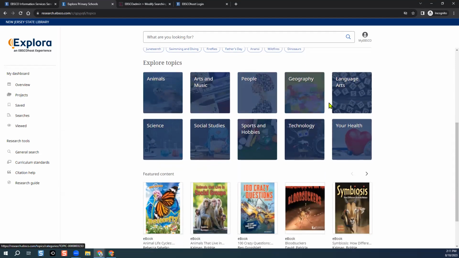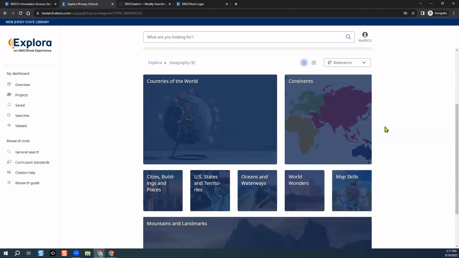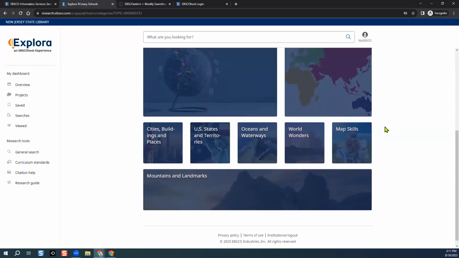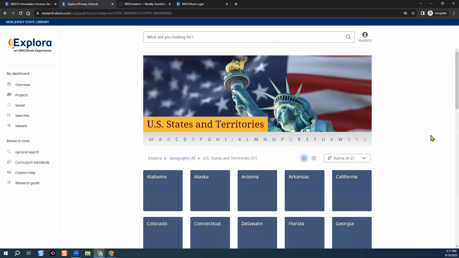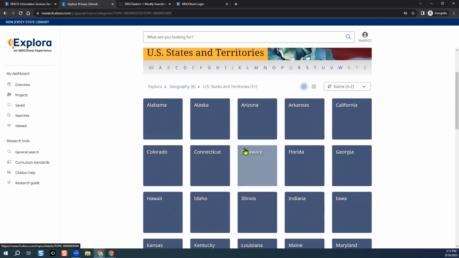So we can browse through these popular topics. Selecting any one of these, I'll choose geography, will take you to a subpage with an A to Z listing for all geography topics. We can explore even further as we scroll down for some other popular topics within geography, like US states and territories, for instance. And then that will bring you to another sub listing. Okay, so it guides your students, the novice researcher,